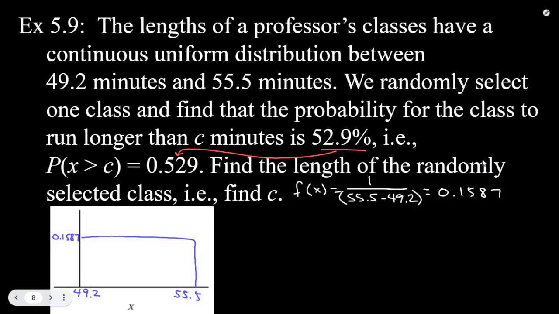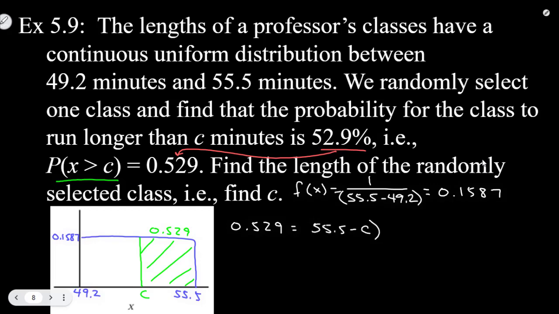And again, drawing the picture, this time we're looking for our C, our X value to be greater than something, some length of C. So this is the area that we're looking for this time. And when we do that, we're just going to set up our value again. We know that the probability of something being in that area, they gave it to us. It was 0.529, so we're going to use that. We already know the probability is 0.529. That equals the width of the base, the length of the base, which is the larger value, 55.5 minus C. We don't know what the smaller value is. And then times this